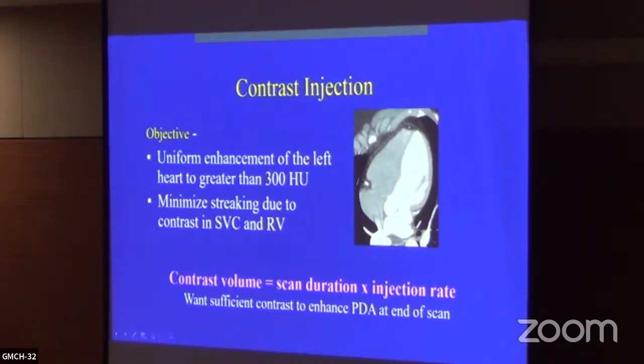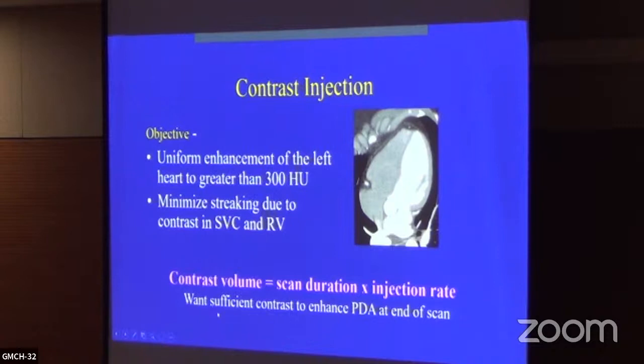So what we do is a double barrel injector is used, wherein we give a contrast injection, which is followed by a saline bolus to ensure that there is no contrast in the right side when we acquire the coronary CT angiogram. Depending on your scan duration, you need to adjust your contrast volume. So roughly it should last throughout your scan duration. So it's the scan duration into your injection rate plus the pre-monitoring time,